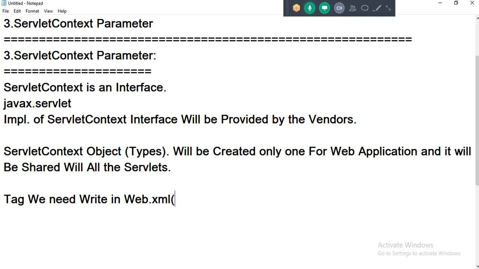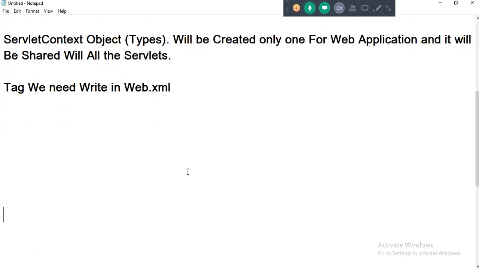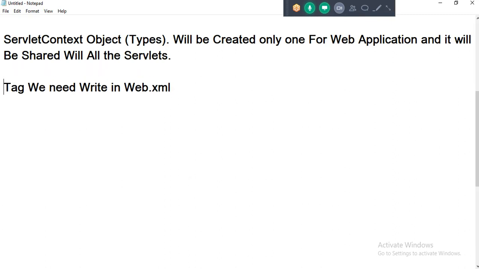When I say web.xml, I'm not talking about the annotation part of the Servlet, because using Servlet with the help of annotations is a separate representation and separate implementation that we can discuss later on. Fine. So in this case, directly inside the web-app,